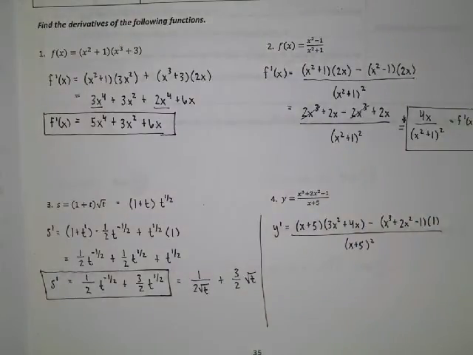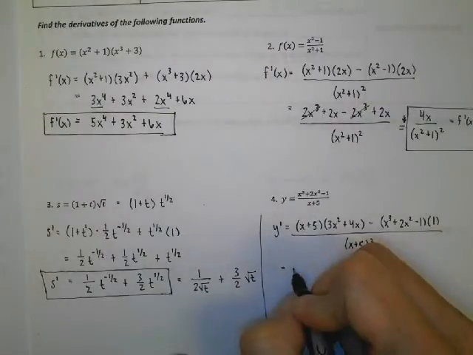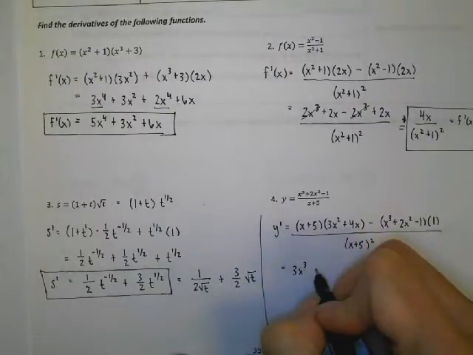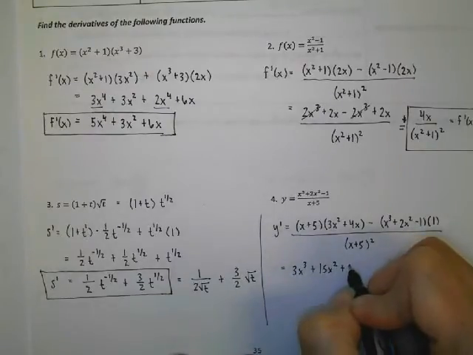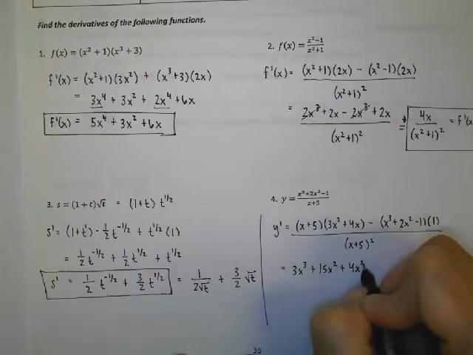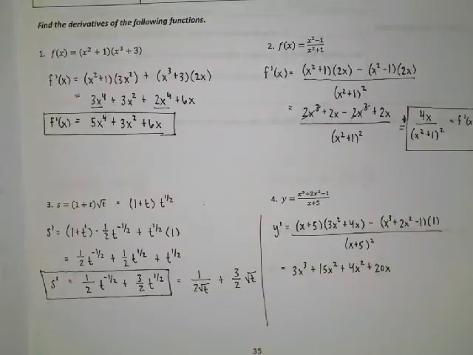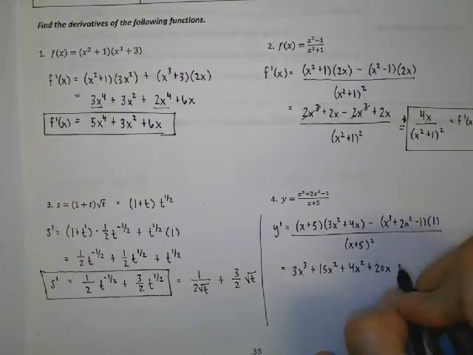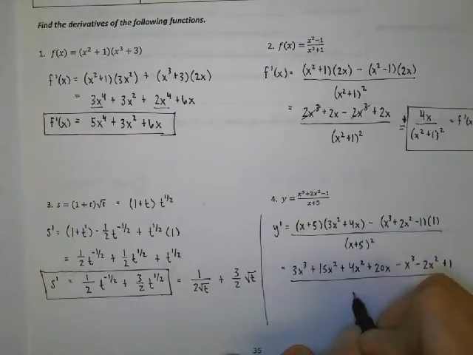And so that's really where all the work of the rule is done. The rest is just simplifying this into something a little cleaner. So I'm going to FOIL here. I'm going to get 3x cubed plus 15x squared plus 4x squared plus 20x. And then I'm going to subtract these terms here. So minus x cubed, I'm going to distribute that negative, minus 2x squared, and plus 1, all over the quantity